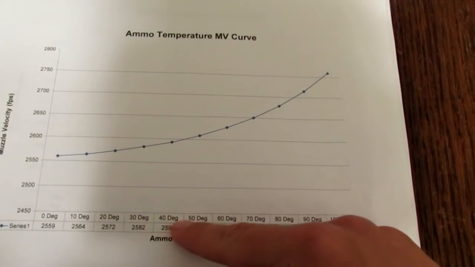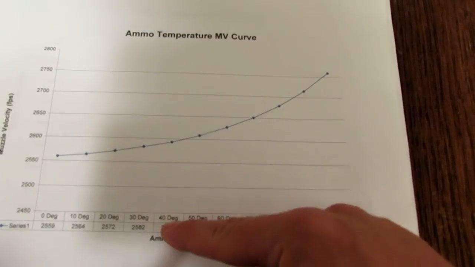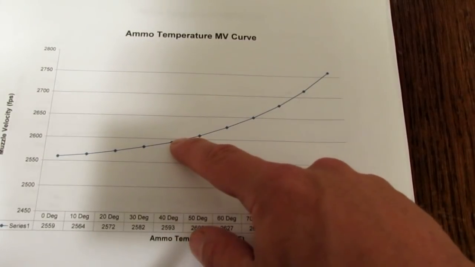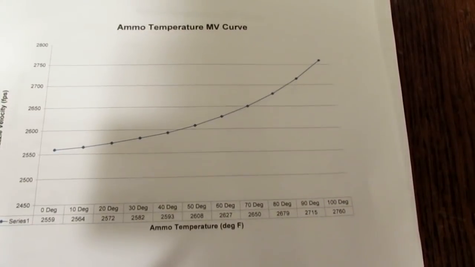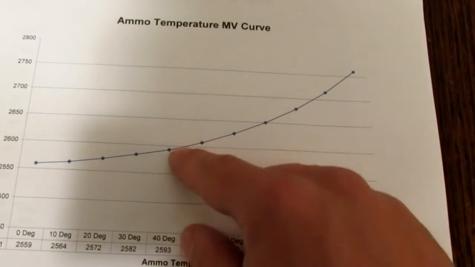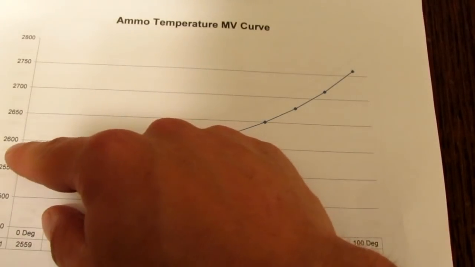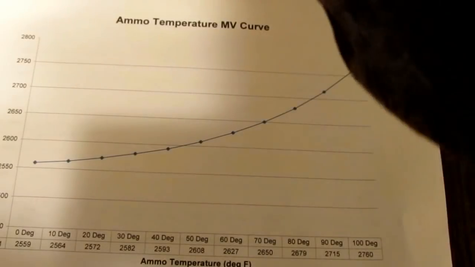My ammunition, I confirmed the temperature is 42 degrees, so you're just going to go to 40 degrees, maybe a little bit higher. You're going to have to use your eyeball, and you're going to look and determine your muzzle velocity for that temperature range. Very simple. So then, okay, 2,600 feet a second, you're going to have a column in your ballistic tables, and